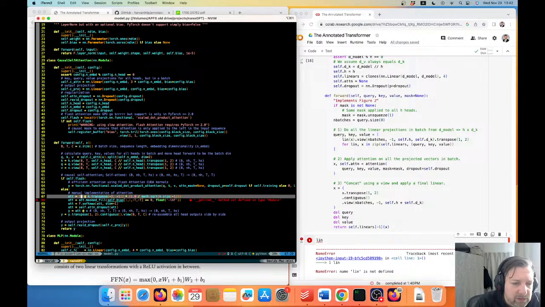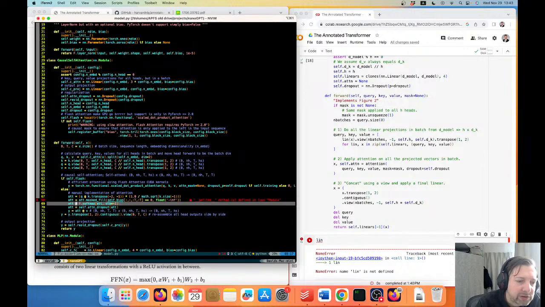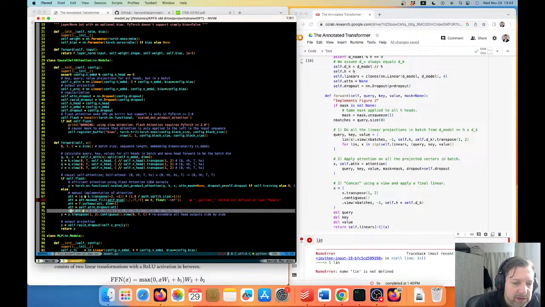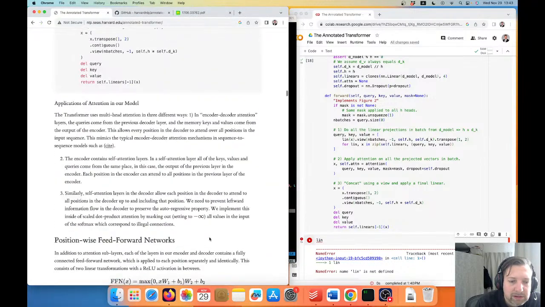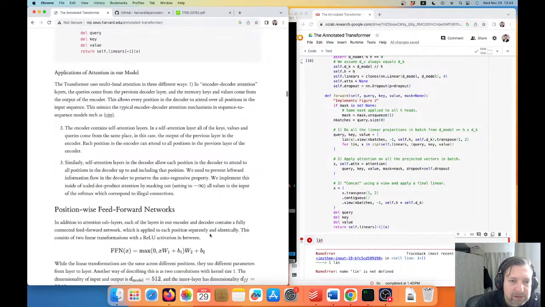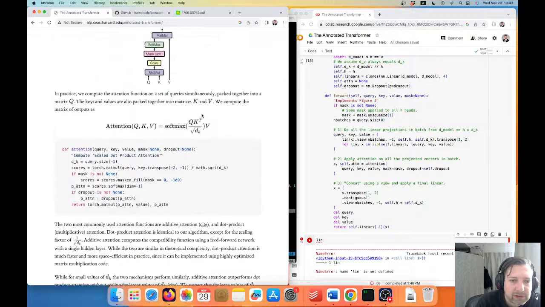Okay, so queries at the at symbol is the matrix multiplication, right? I guess this code is exactly the same here. This bit is essentially this equation here,